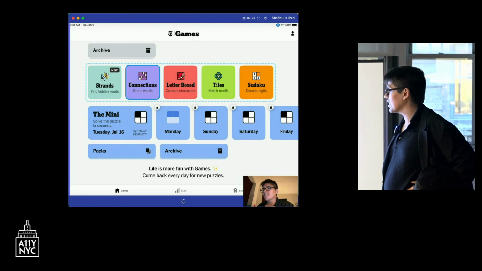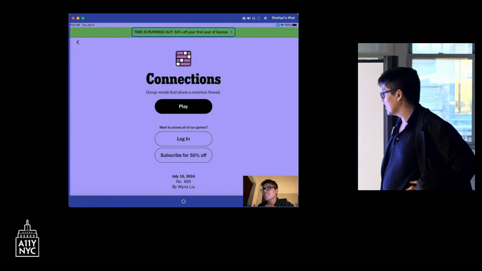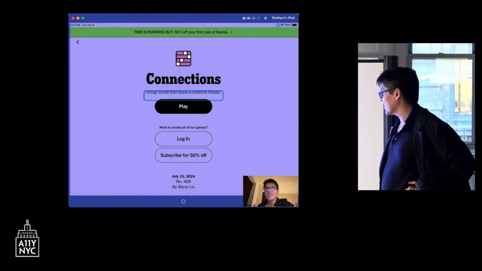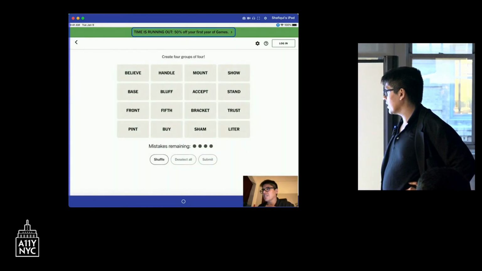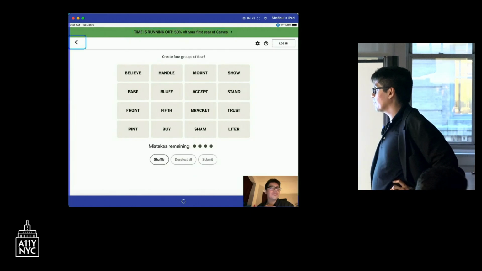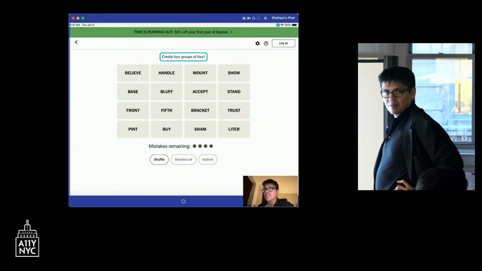So if any of you are a fan of Connections, I'm going to attempt to play Connections with the switch access. I'm not very practiced at this, but let's try it anyway. Oh, it keeps going up? Okay. So when your basic facial gestures aren't working, these are the defaults that always work. Okay, but let's click on play. We'll get used to it.